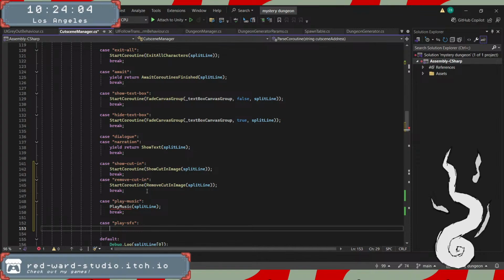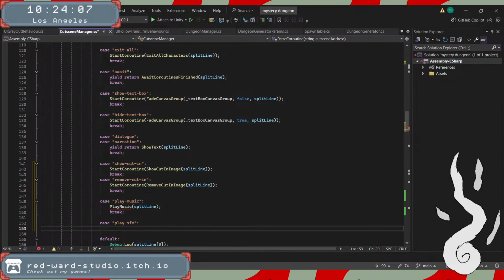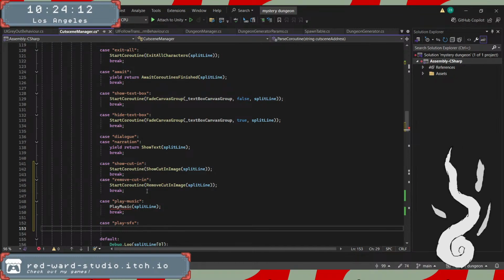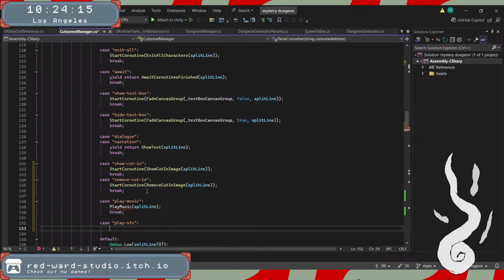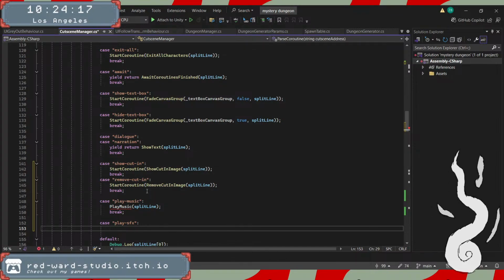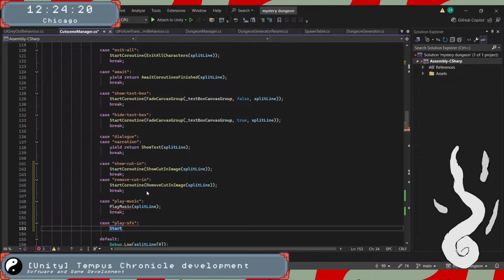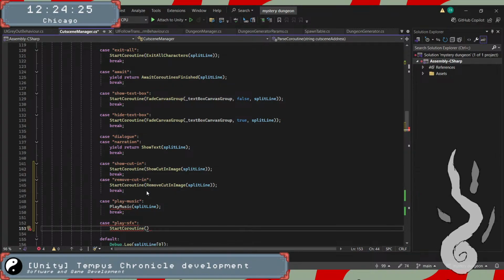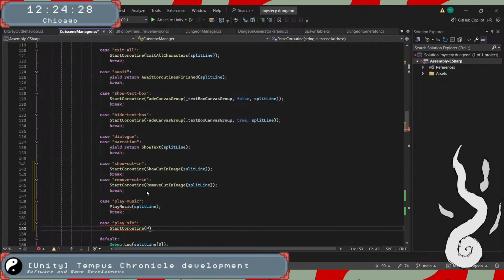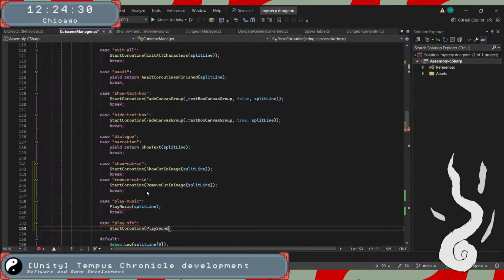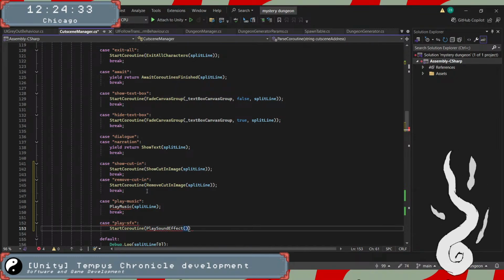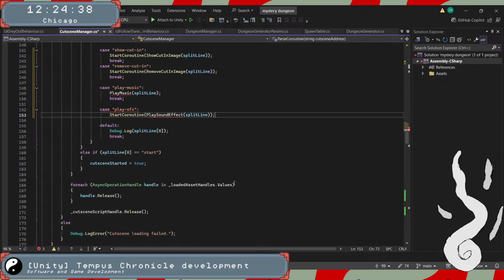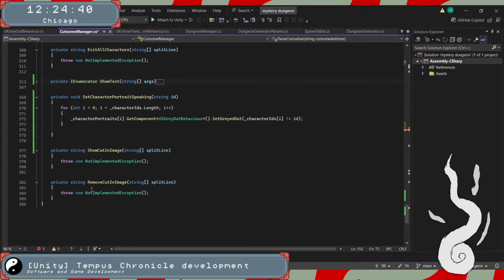So the sound effects would be a coroutine because you want it to be able to await the sound effects finishing playing. You don't want to do that with the music. So start coroutine. Play sound effect. Split line. Right. All the way down here,